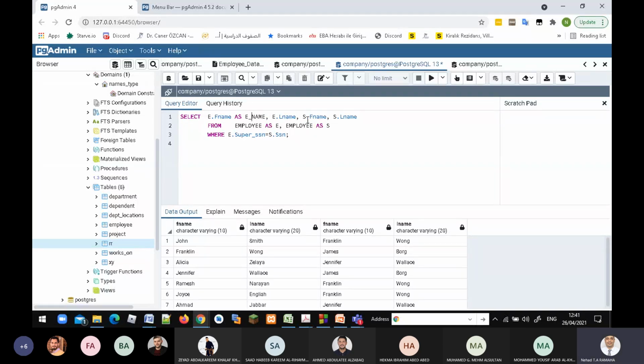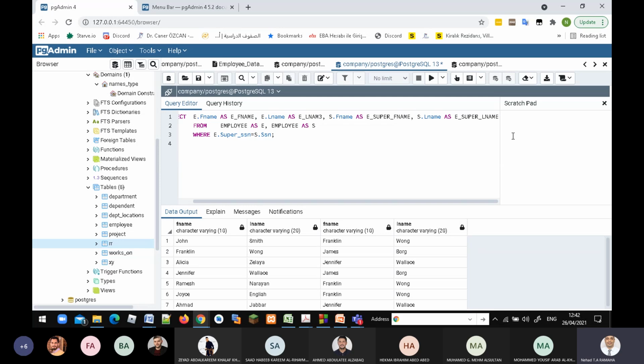Or E first name, and this one as E last name, and this one as employee supervisor, super first name, and this one as employee super L name.